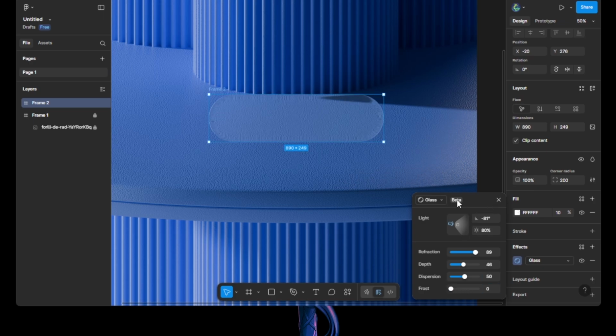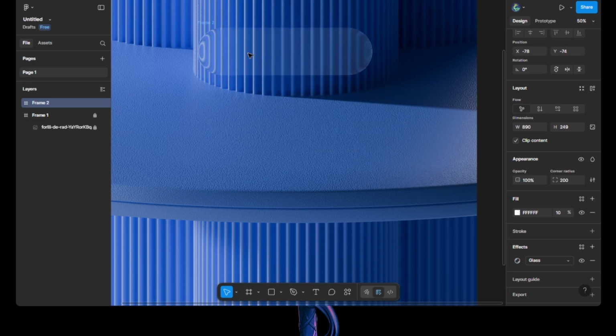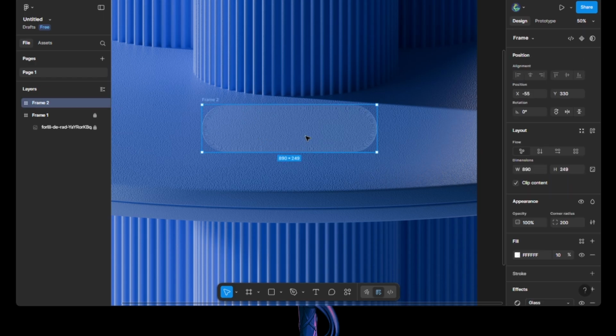So this is the beta version of glass in Figma. You can try it, mainly in frames, and try it and